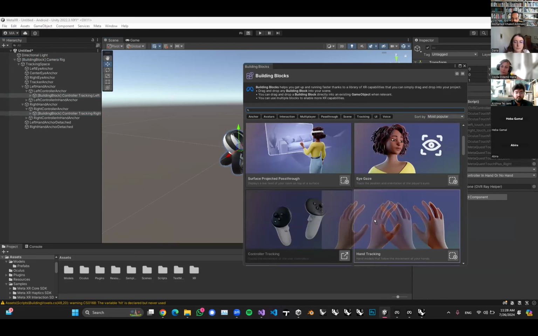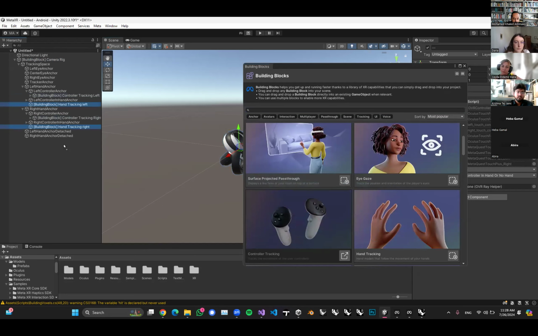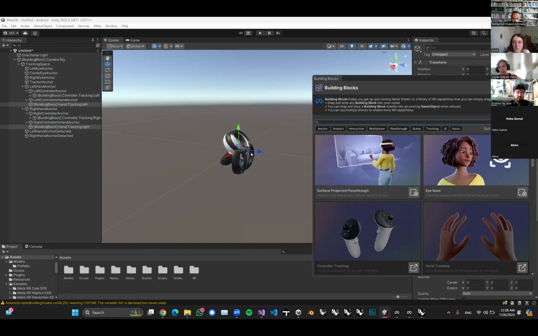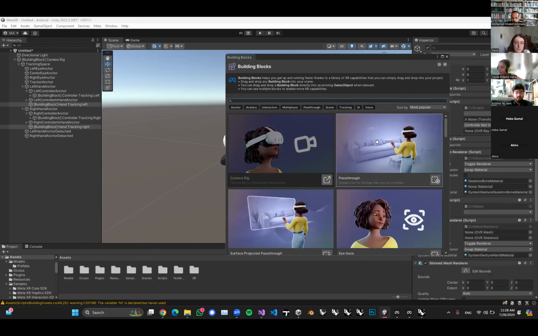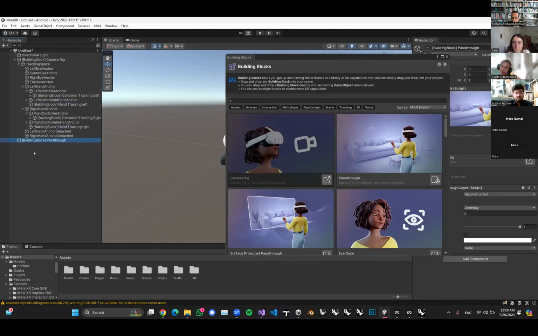Maybe we would like to have hand tracking. So we will just drag and drop it as well. And now we should have the hand tracking. And since we are developing an augmented reality project, we need the pass-through, right? So we just need to drag and drop it as well. And now we have the initial setup to do